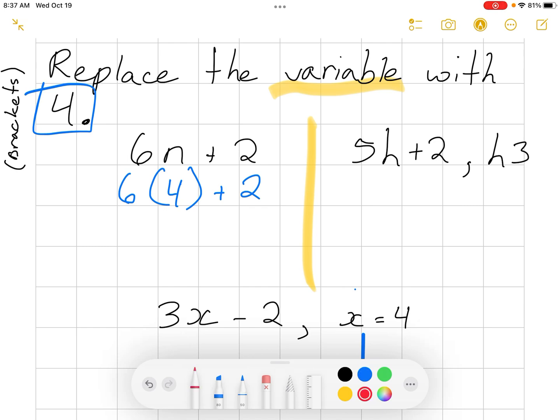I also want to point out that brackets, so if I have 6 beside a number in brackets, that means to multiply as well. So I'm multiplying here. All right, so then 6 times 4 is 24 plus 2, and that's going to be equal to 26. Okay,